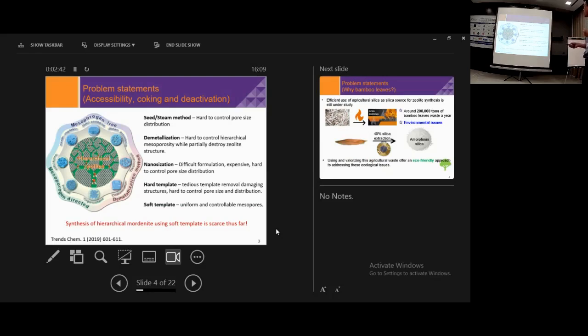So, in order to solve this pore accessibility issue, and the coking and deactivation problem, several methods have been developed to increase the pore size of the zeolite. We call it a hierarchical zeolite, where the zeolite will have micropores, and also a larger pore size, which is called mesopores. So the first method is called